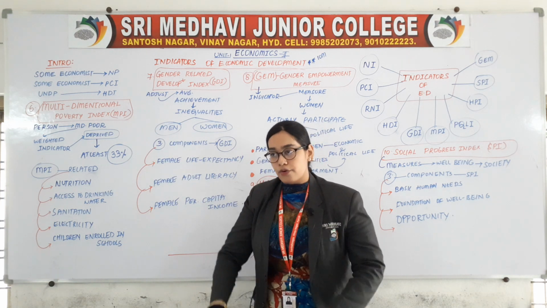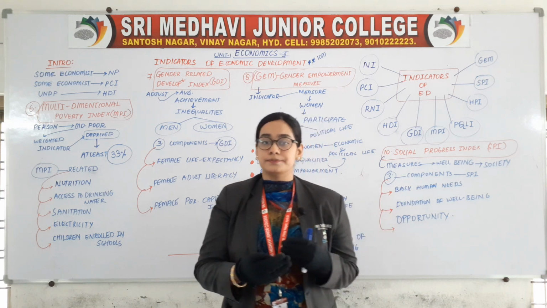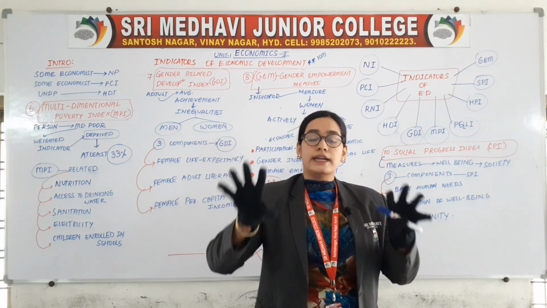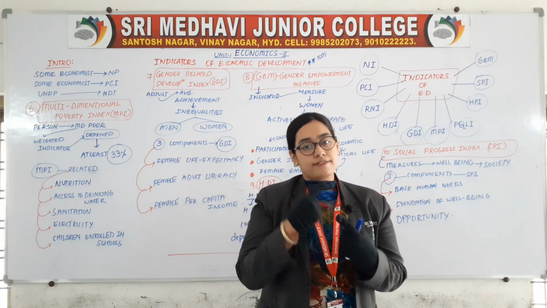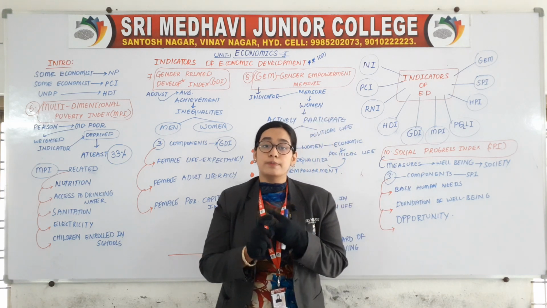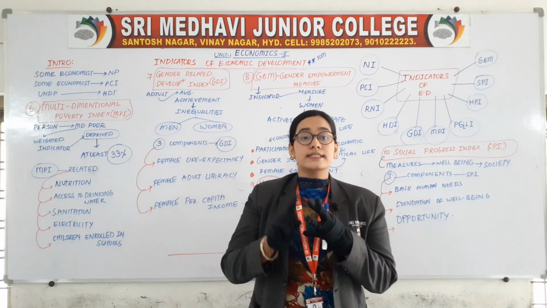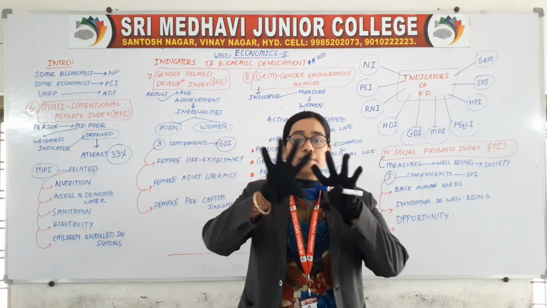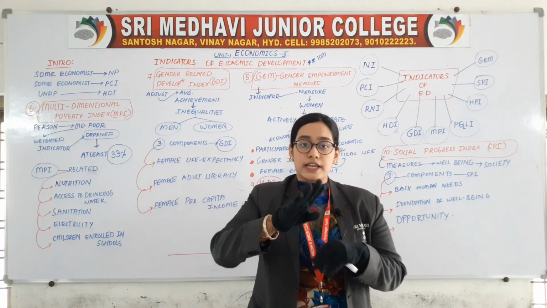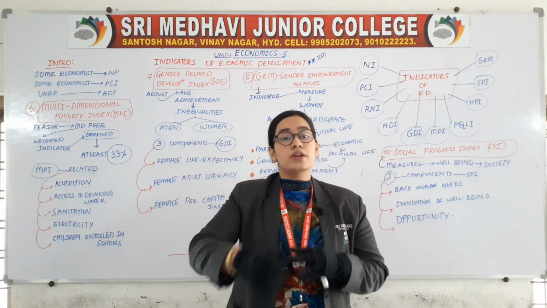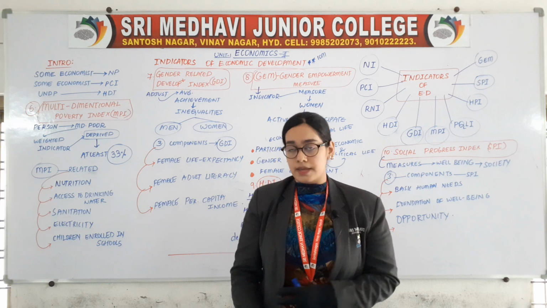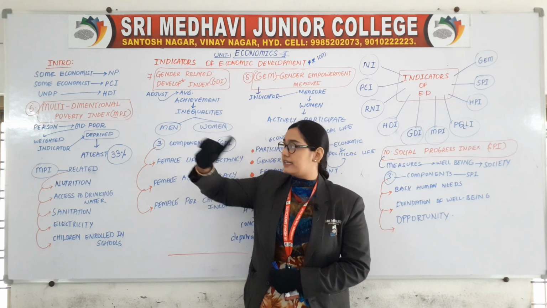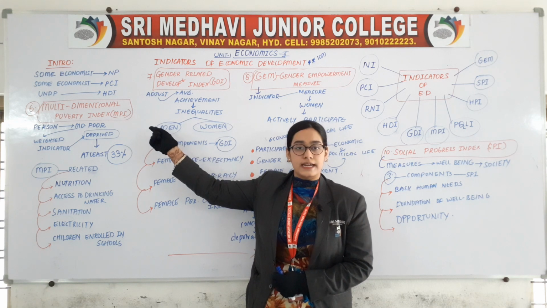Generally before we buy any commodity, we will judge the commodity from all dimensions, whether it has any defect, whether the quality of the product is good or not, what is the date of manufacture, what is the date of expiry. From all dimensions we check whether the commodity is good or not. In the same way, to check the economic development of a country, MPI is also an indicator.